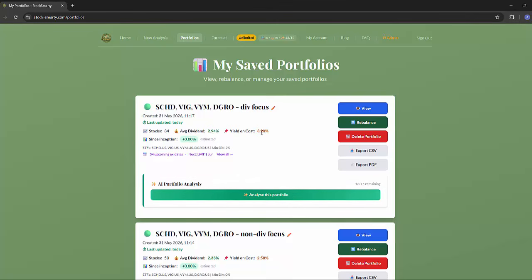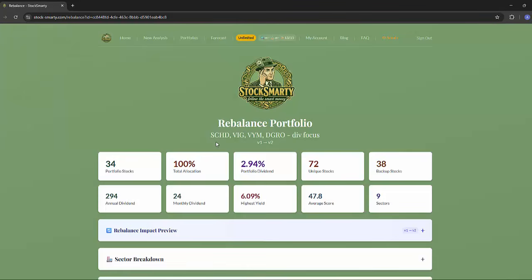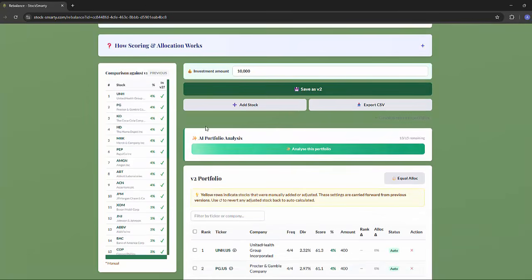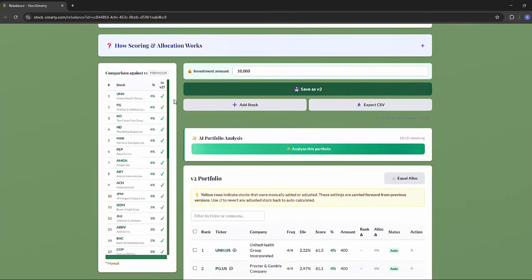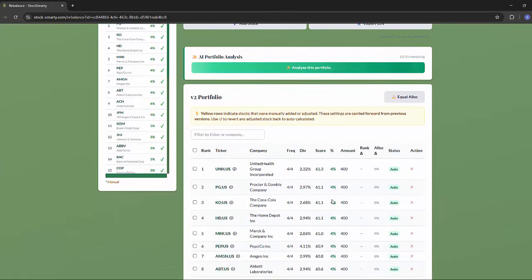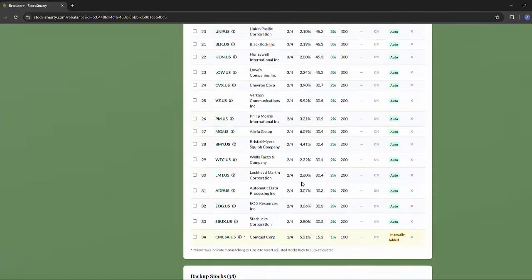So again, as before, if this was a month or a few weeks down the line, I can rebalance the portfolio, which would mean it would search under the same criteria as we put in today. Obviously there's not going to be any changes yet, but what I would get is an assessment on the left-hand side, a comparison of the stocks against what I had in version 1 and what I've now got in version 2. It still has my yellow line, which is my manually added Comcast stock from the previous analysis,